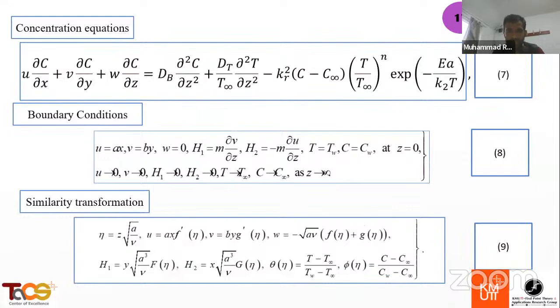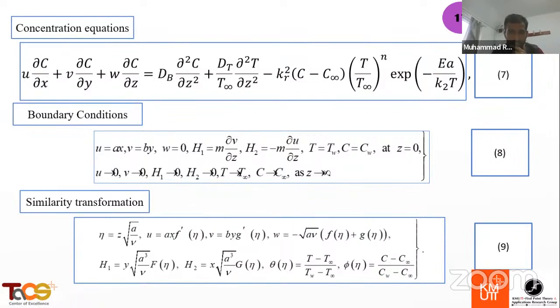The concentration equation is defined in equation number 7, where similarly DB and DT are the Brownian and thermophoresis diffusion effects, Kr is the chemical reaction, and Ea is the activation energy effect. Related to these equations, the boundary conditions are defined in equation number 8. In equation number 9, the similarity variables related to the present problem are defined, and by using these similarity variables, the